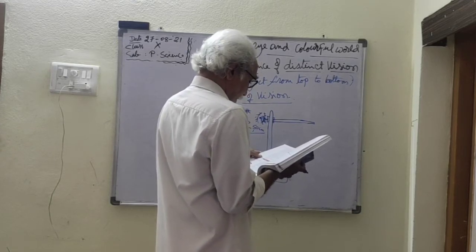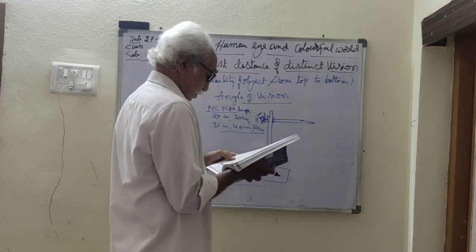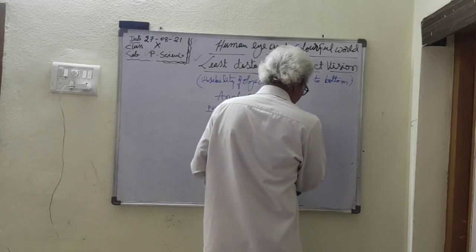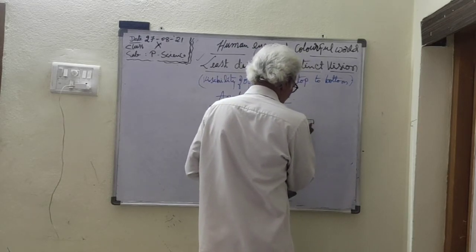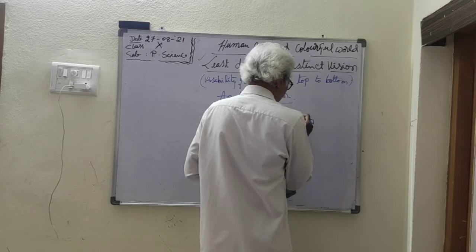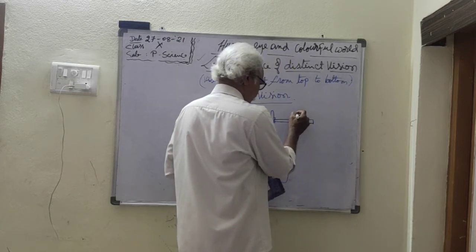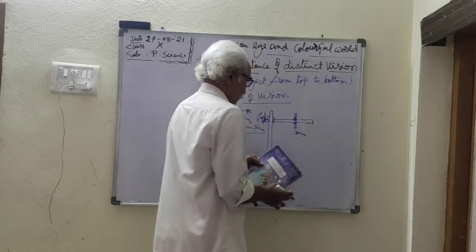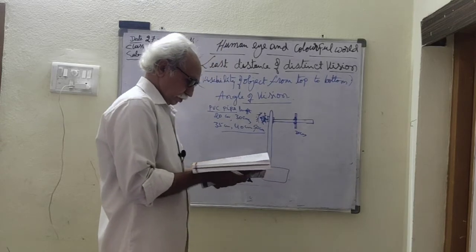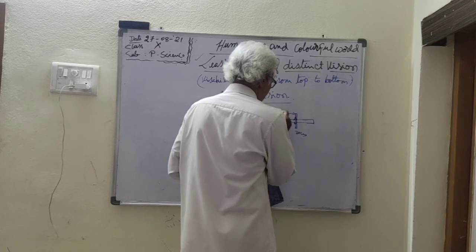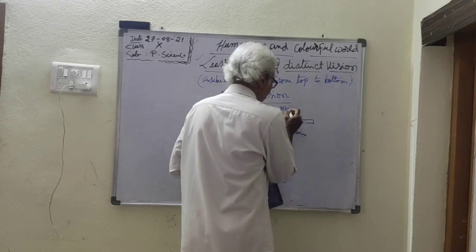From your eye, ask one of your friends to fix a wooden stick of 30 centimeters. So take the clamp, fix the clamp on the horizontal rod at about 25 centimeters. This is the rod you can find, the clamp, and to this clamp fix one rod of about 30 centimeters. Adjust the clamp horizontally at a distance of 25 centimeters.